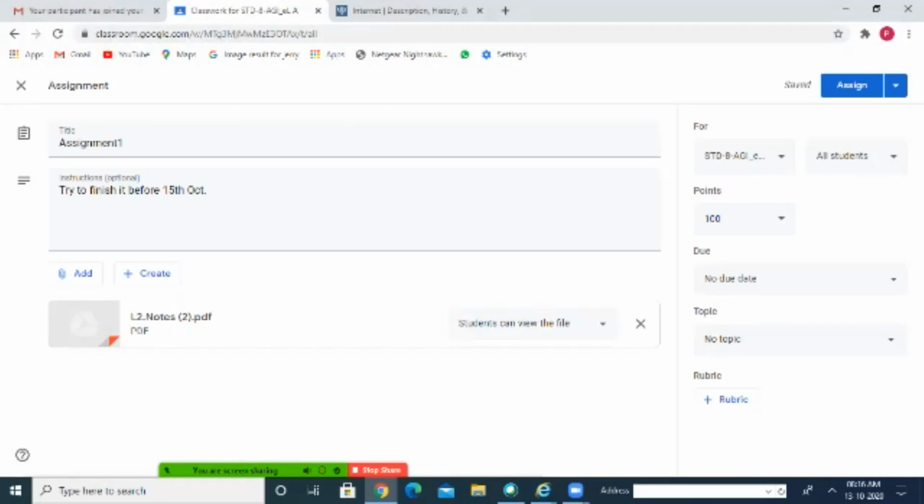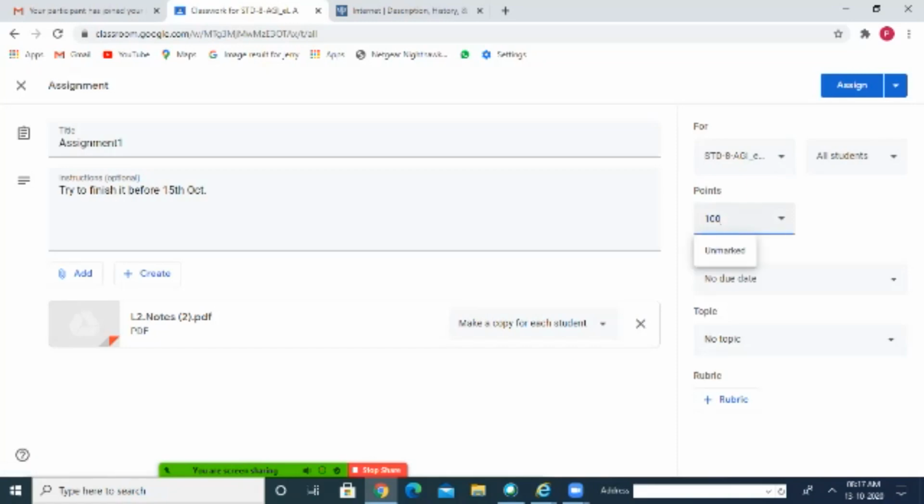Now I have created an assignment for my students. From here I will click on make a copy for each student, so each student can see a copy. Okay. Now from here you can see the class to which I want to send this assignment. By default the current class will be activated, so this one, standard 8. Here only one student has joined, so it is showing only that one. So I have to select all students.